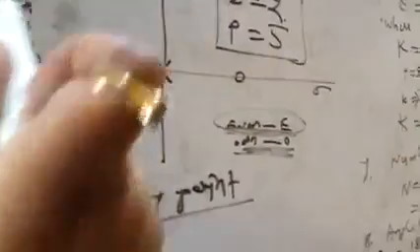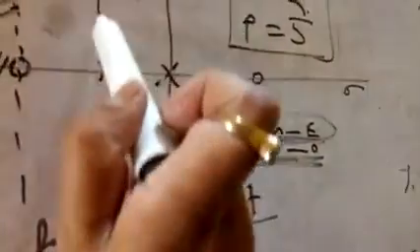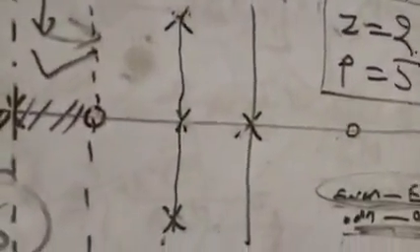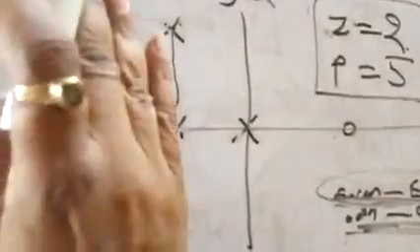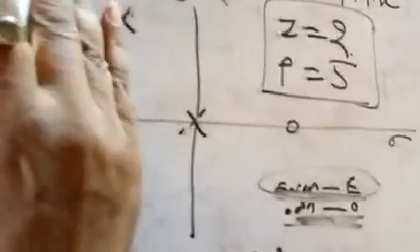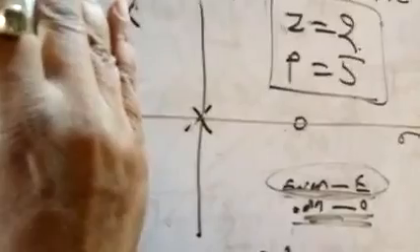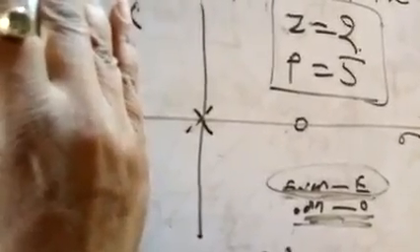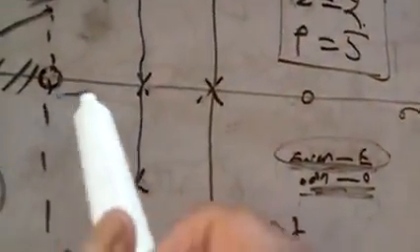So here exists, here does not exist. Then come to the next point. Here, when we see the alignment, there are 3 poles lying in one line, and then go to this point. Observe in the right hand side there are 2 poles and zeros. Number of poles and zeros is 2. 2 is an even number. So at this point root locus does not exist.